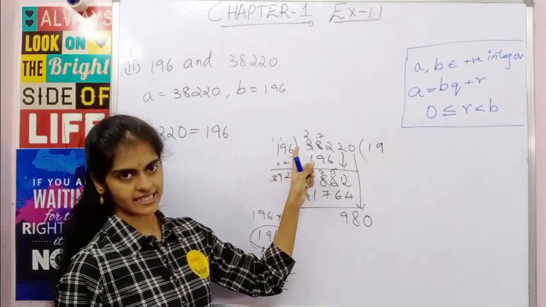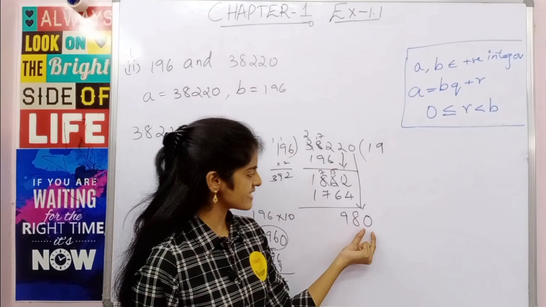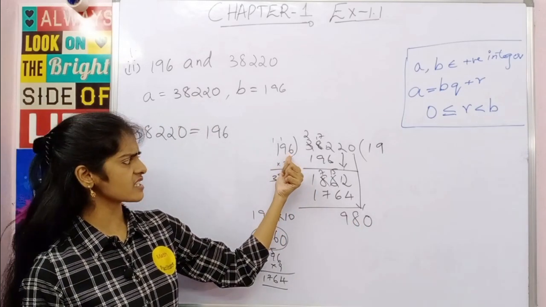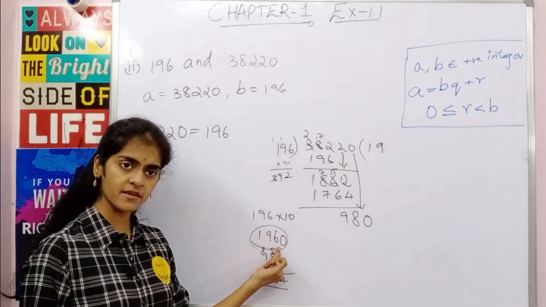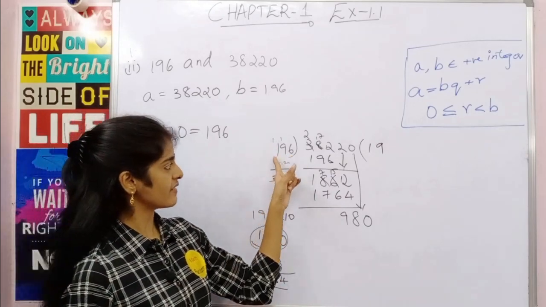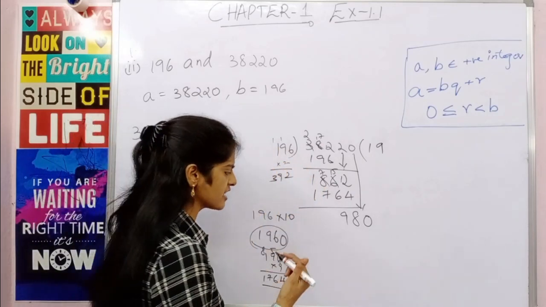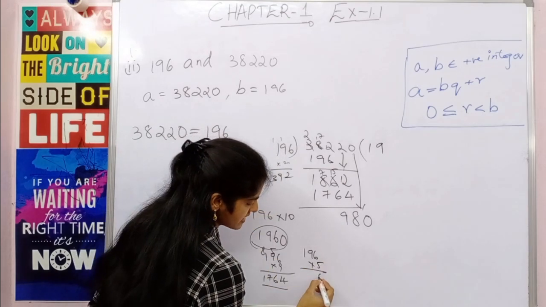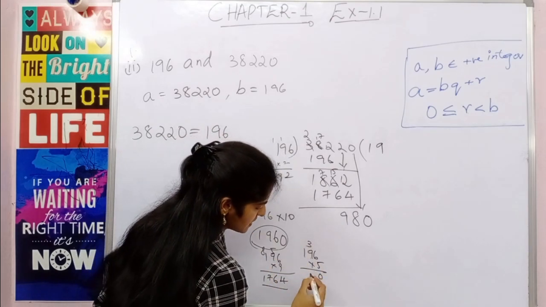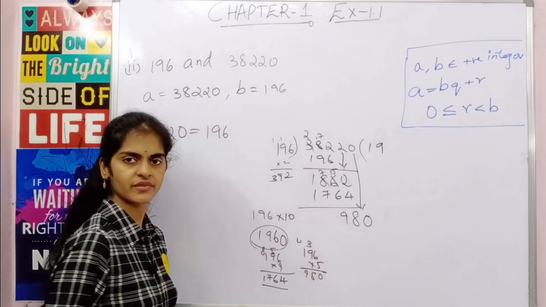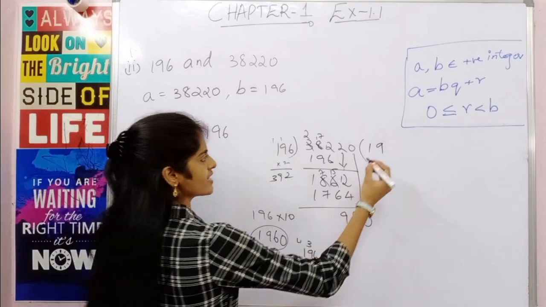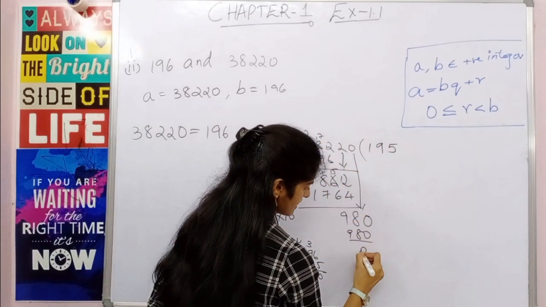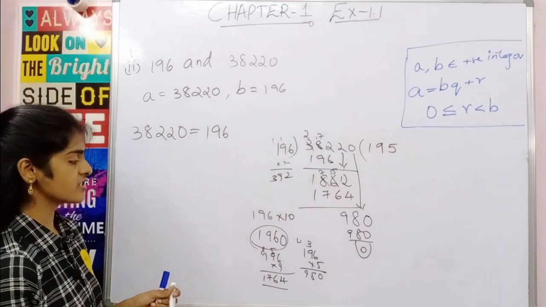You have 196. Now again, see, you have 0 in the units place. You know that 6 5s are 30. Other than this you will not have any 0. One 0 you will have when you multiply by 10. The other 0 you will have when you have 196 multiplied 5 times. So let us check if it is working. 196 multiplied by 5: this is 30, now this is 45 plus 3 is 48, and this is 9. Correct? It is exactly dividing. So 196 five times gives you 980. The remainder is 0.